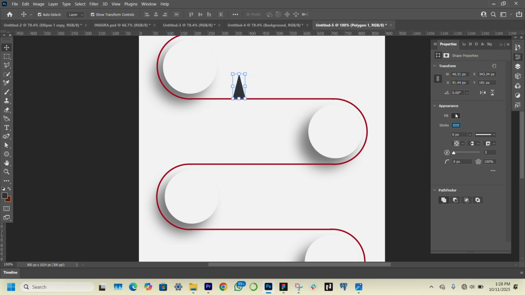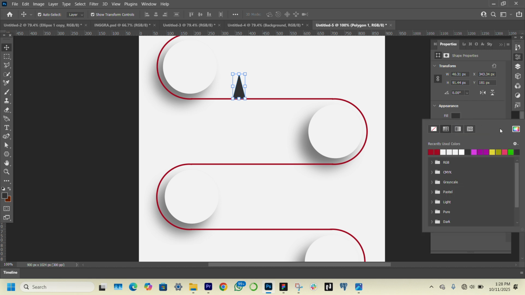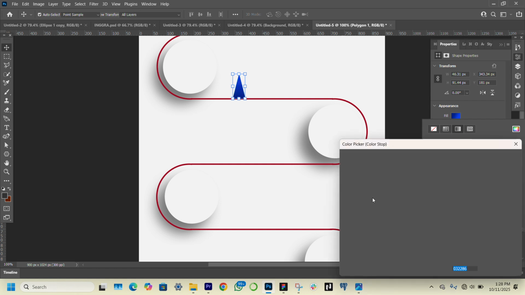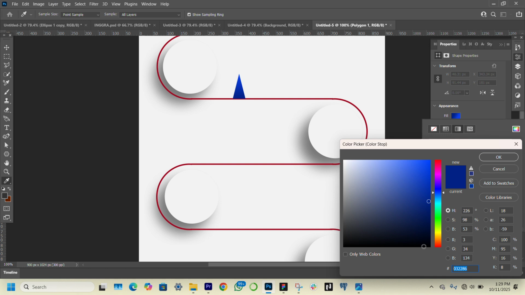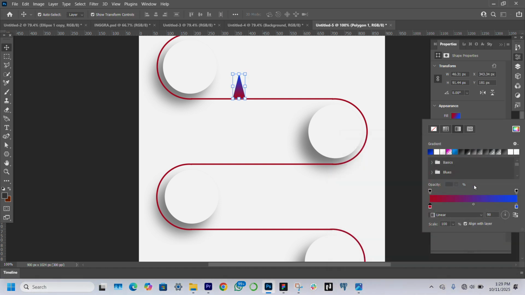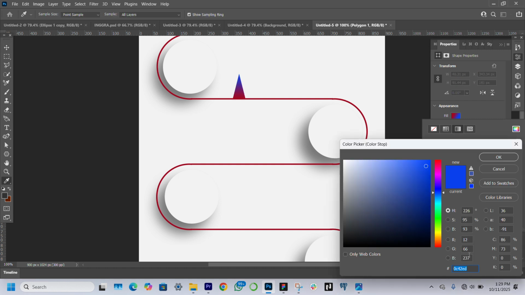I'm just going to click here and then I'll click here. I will change this. I'm going to use this red color. I'll just paste the color code because I had it earlier. I'll just hit enter. Then for this one, I'll double click, Ctrl V,